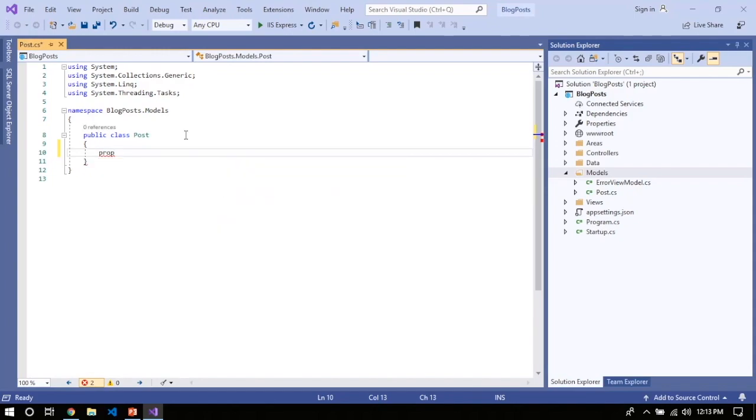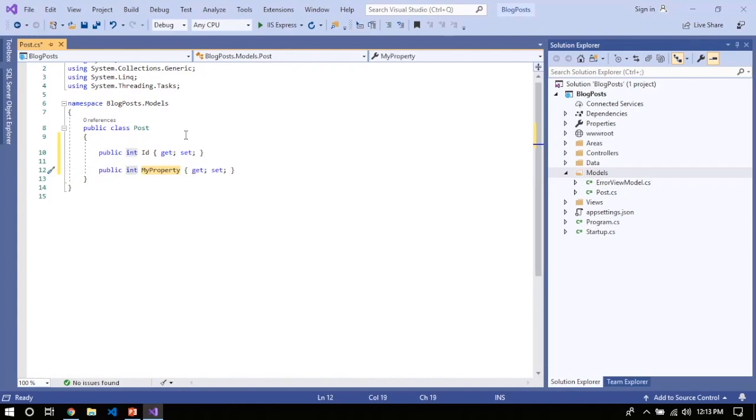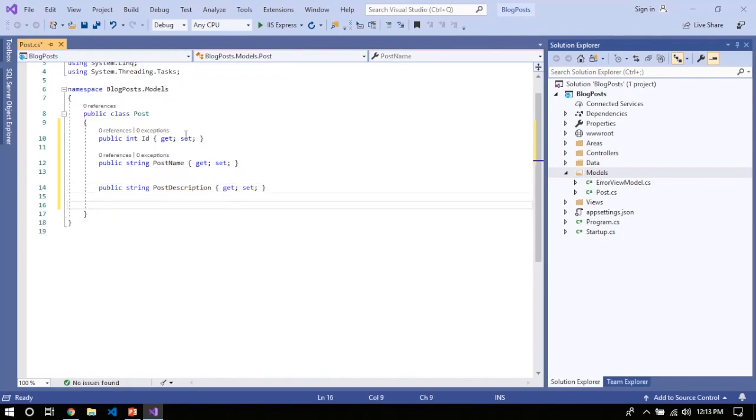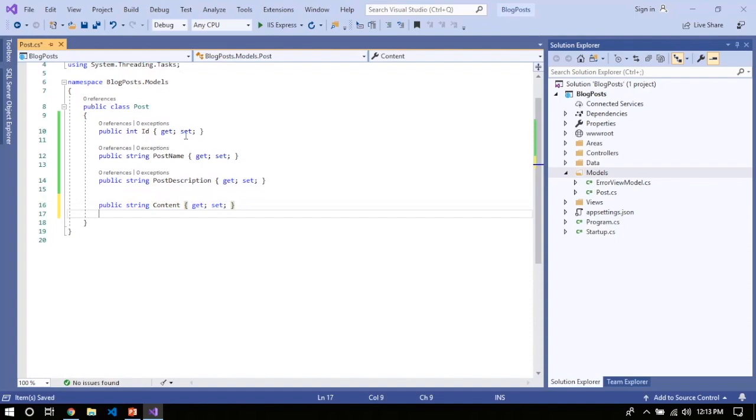So I'm going to create an ID and a property for post name, as well as a property for post description, as well as the post content, which is where we are going to use Summernote,